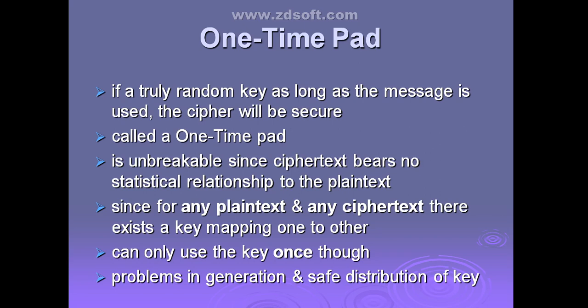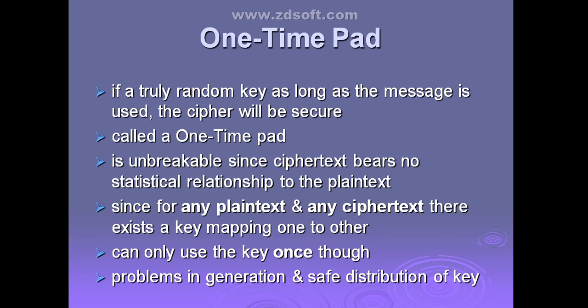But in one-time pad, what will happen? The random key is generated that is as long as the plain text message. Clear? So the key is not going to be repeated. If there is a repeating of the key, then the cipher text is going to repeat. The characters within the cipher text are going to repeat. So according to the relative frequency, it is easier for the cryptanalyst to attack that message. But that will not happen in the one-time pad, because there is no repetition of the keys. The key is randomly generated and is the same length as your message.